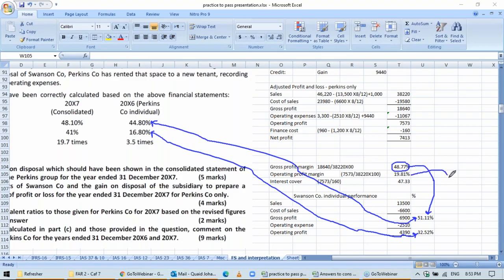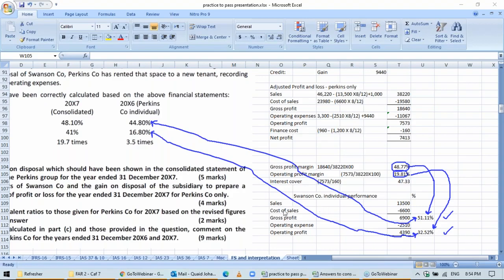What about this operating profit margin? Again, this one is a lot better in comparison with 2006 and along with the 2007 figures of Perkins. So it looks like they may have made some mistake, but it's not always like this. See, an important point which you can note over here is that